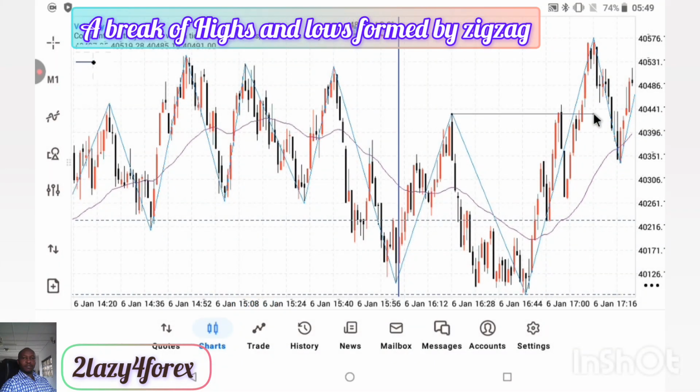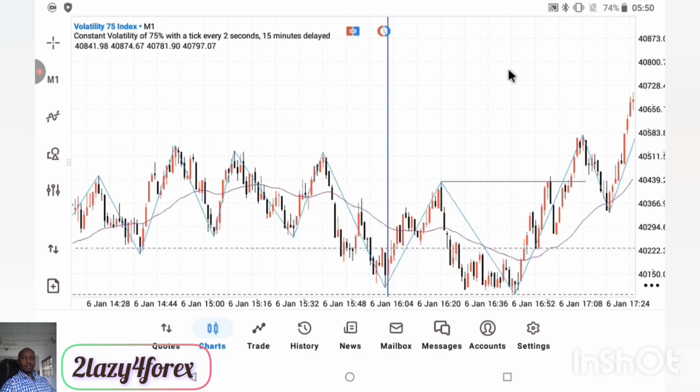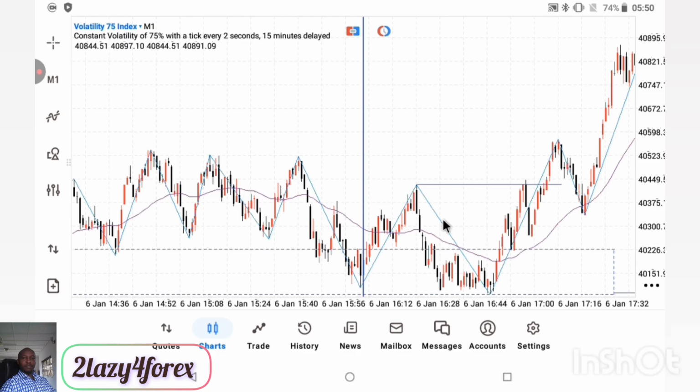This one got broken. If I say broken, it means a higher high happened, that is, there's a break above. Look at it, this red candle broke above it, then it created a higher high. If you are doubting this, this is a higher high confirmation of a break of this. And according to our lower time frame entry strategy, once you have a break above,